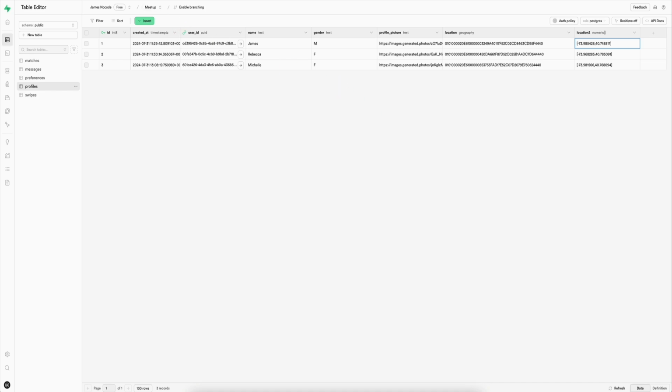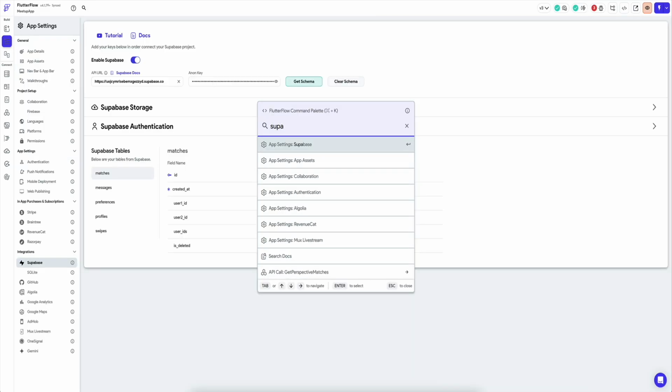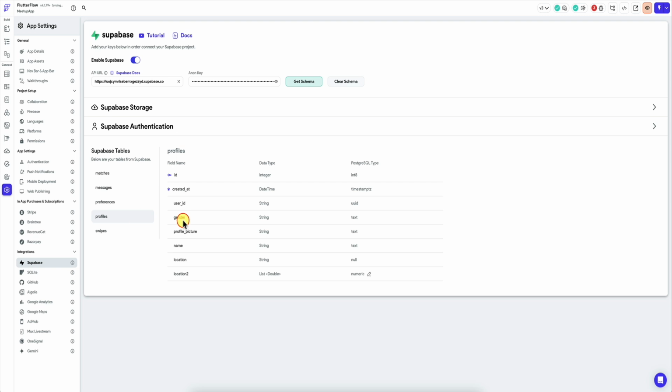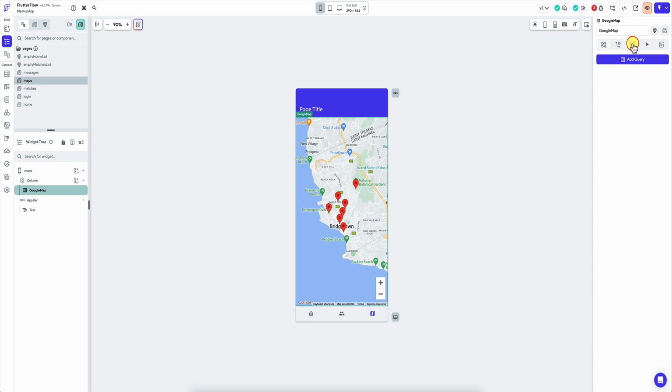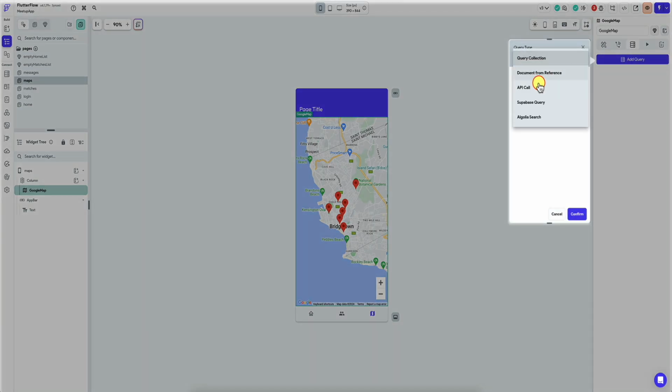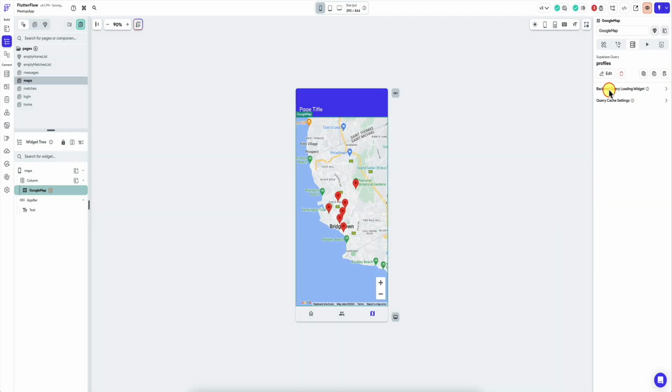So all we need to do is come back here, update our schema, get schema, go to profiles, and we have this location 2, which is a list of double. And so now if we need to, we can simply get these coordinates. Let's say we want to get a Supabase query, profiles, list of rows. Let's say we want to get all the rows. And so we're going to say confirm. Okay, and so now we have